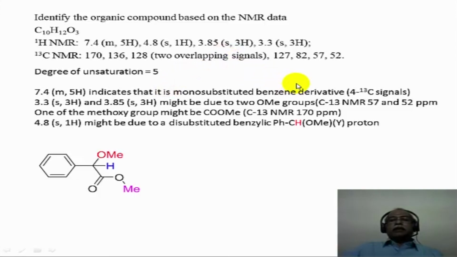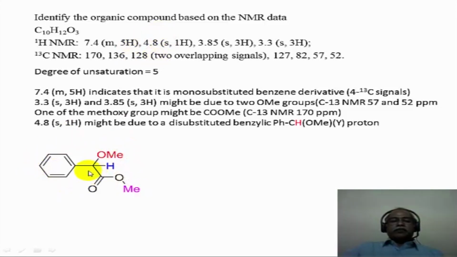If you look at the carbon 13, there is one signal at 82. That signal is because of this particular carbon, which is a tertiary carbon, a carbon attached to an oxygen, attached to a carbonyl functional group, and it's also benzylic. So all these 3 substituents essentially push the chemical shift value of this carbon beyond 50 or 60. It comes around 82 in this particular case, and thus we solve the problem corresponding to this particular data that is given.